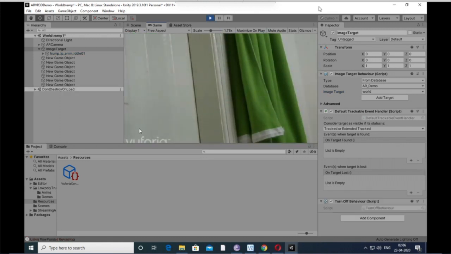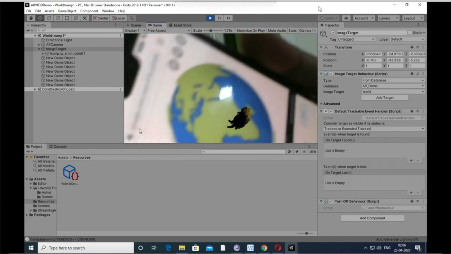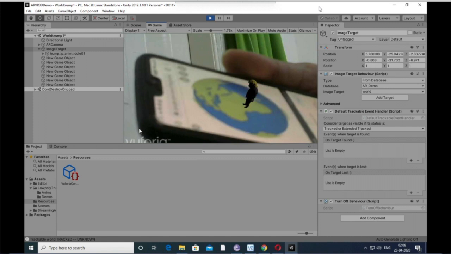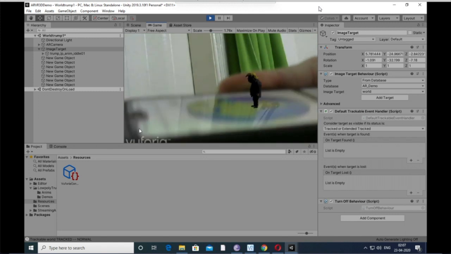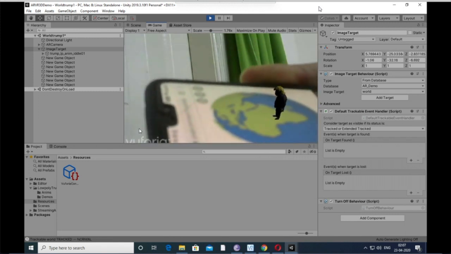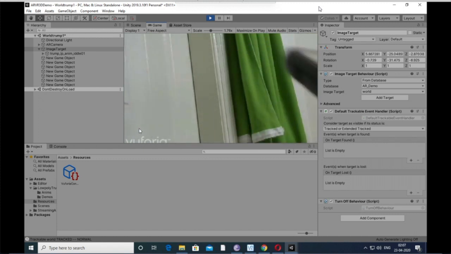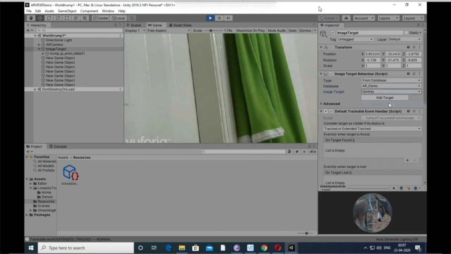Now I will open the same image on my mobile so that I can keep it in front of the camera, and see it has been detected by the engine, and the Trump image has been projected. The same image which you have set in the target, you have to use in front of the camera. Whatever image you have googled and downloaded and put in the target in the developer Vuforia, you can open the same image on the mobile so that you can project it. So it's a sample show, and you can create very different funny and other games also using the same technique.